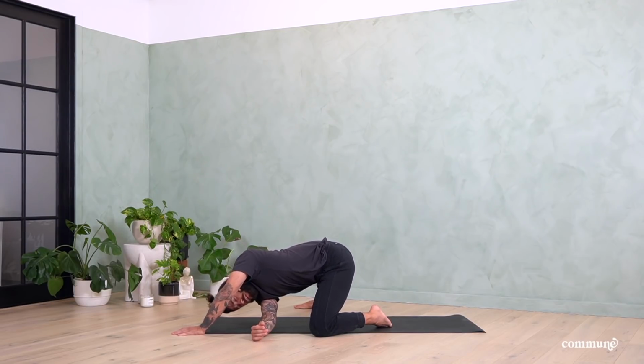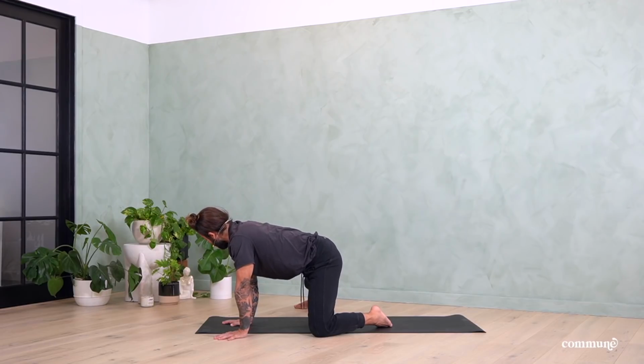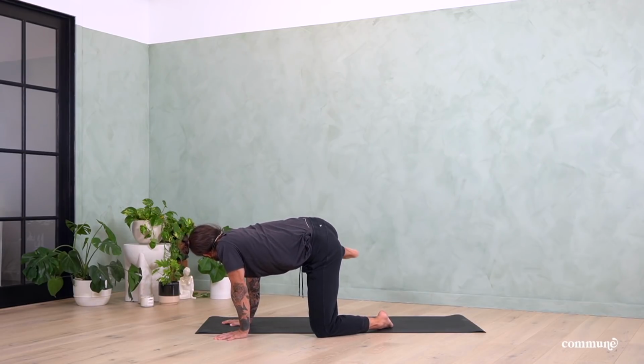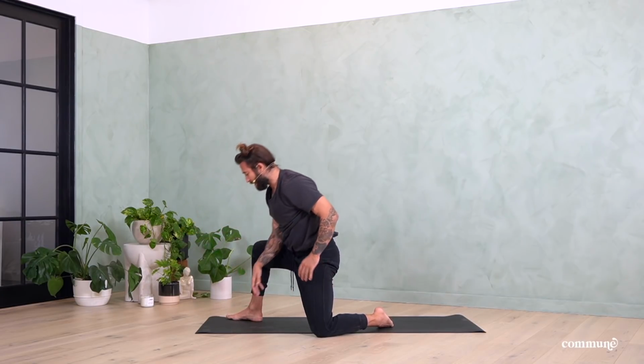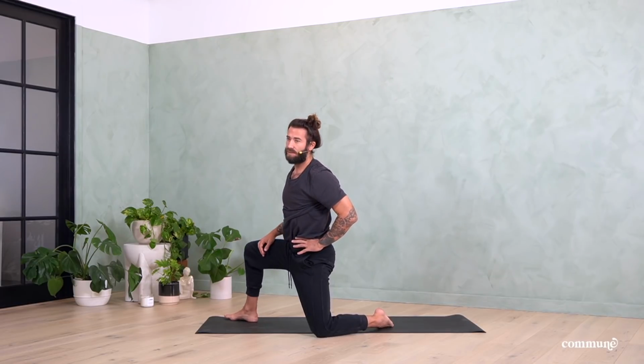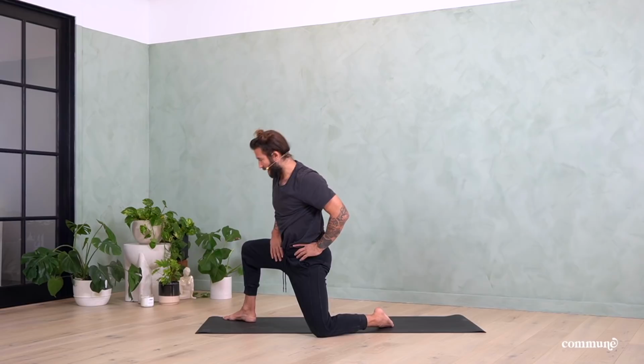Again, here, of course, you're looking for space, but you're really just looking for sensation, looking for feeling, trying to tune in. Slowly return to center. Root both hands into the floor. Lean left so you can pluck your right foot off the ground and then step your right foot just to the outside of your right hand. Lift up so you're on your right foot and left knee, left shin, and then just pulse into your right hip a few times. And really you're working into your groin,